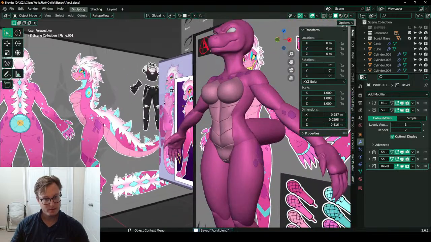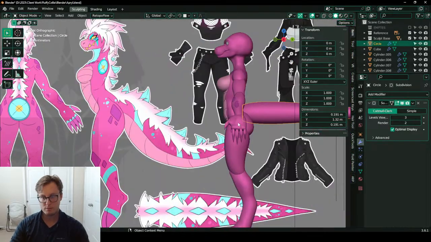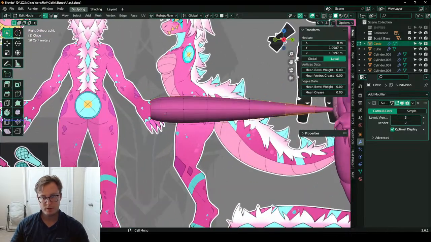All right, now the tail is a lot thicker here. But so we'll want to match that. I'm just going to move it over right now.